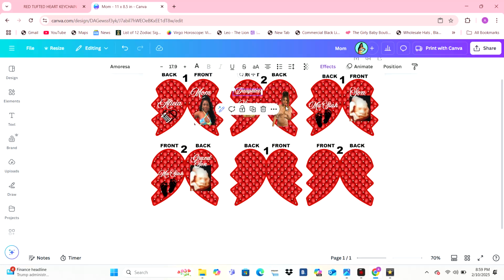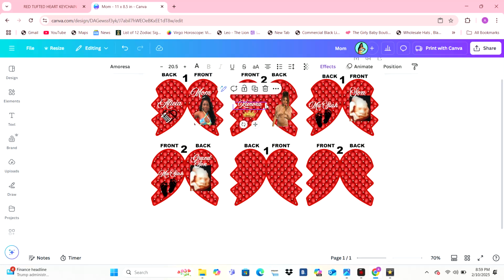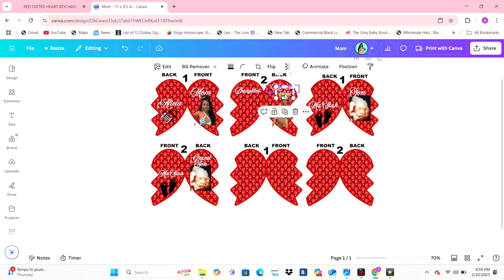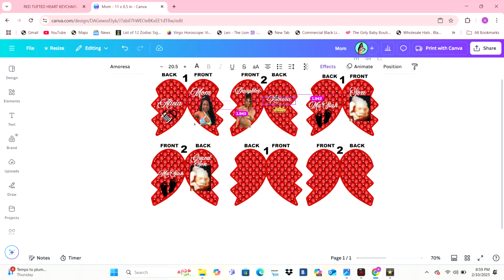So here I'm just going back in and I'm going to put the images on the correct side. Okay, so with hers, I need to change her picture to the front side of keychain number 2. Basically her picture should line up symmetrically to where my picture is on keychain number 1, because that's where the keychains are going to connect when you put them together. She's going to have one keychain and I'm going to have one. If we want to connect them, they'll be lined up just like that. So I changed her picture to the front of